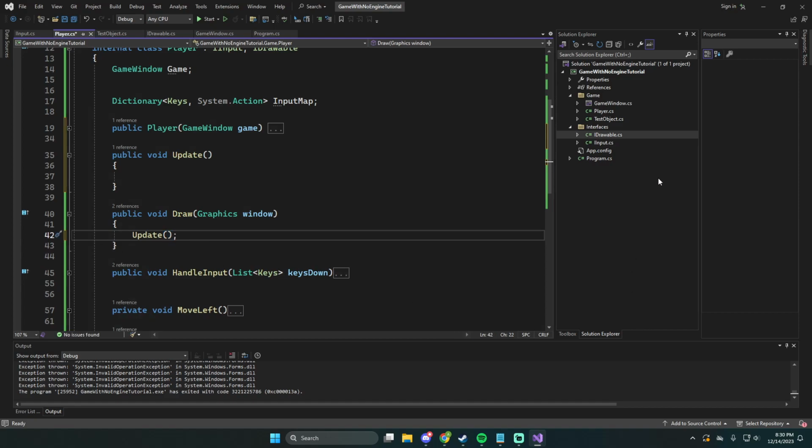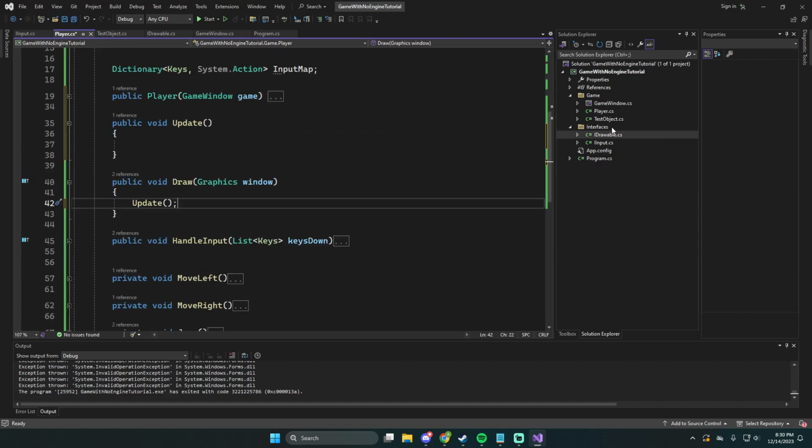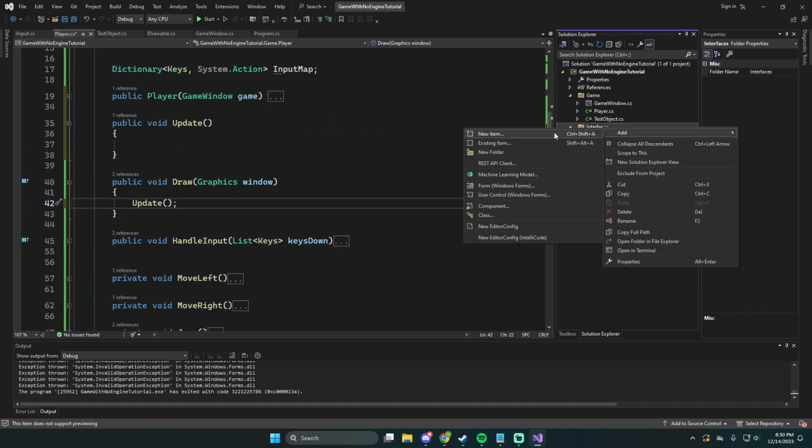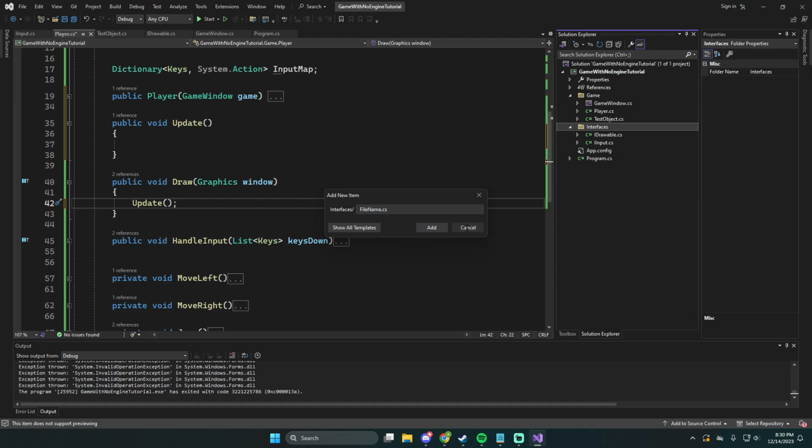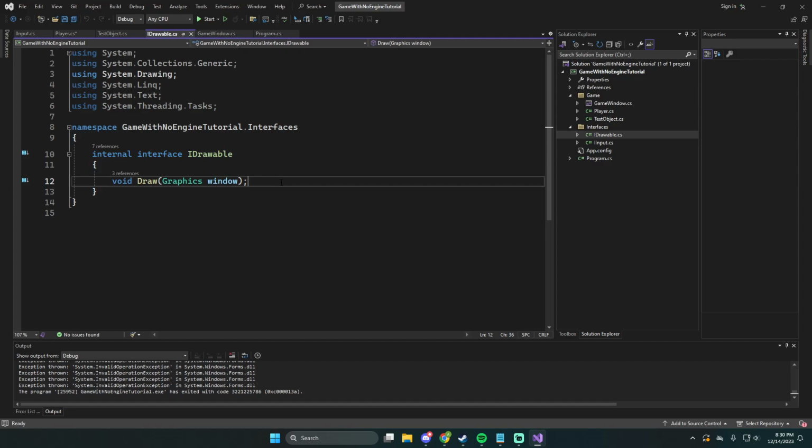You know what? Let's call update. Add new item. Actually, I don't know. I feel like adding it to iDrawable and changing iDrawable to something else makes more sense. So instead of having void draw and void update, because these are all separate, we could say